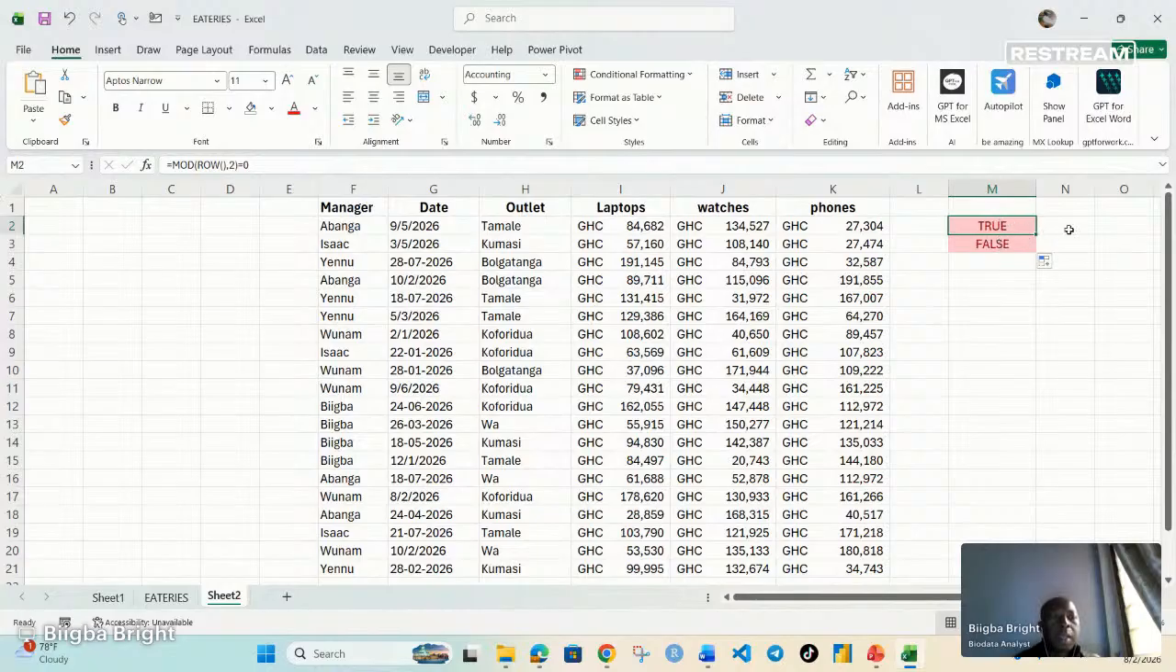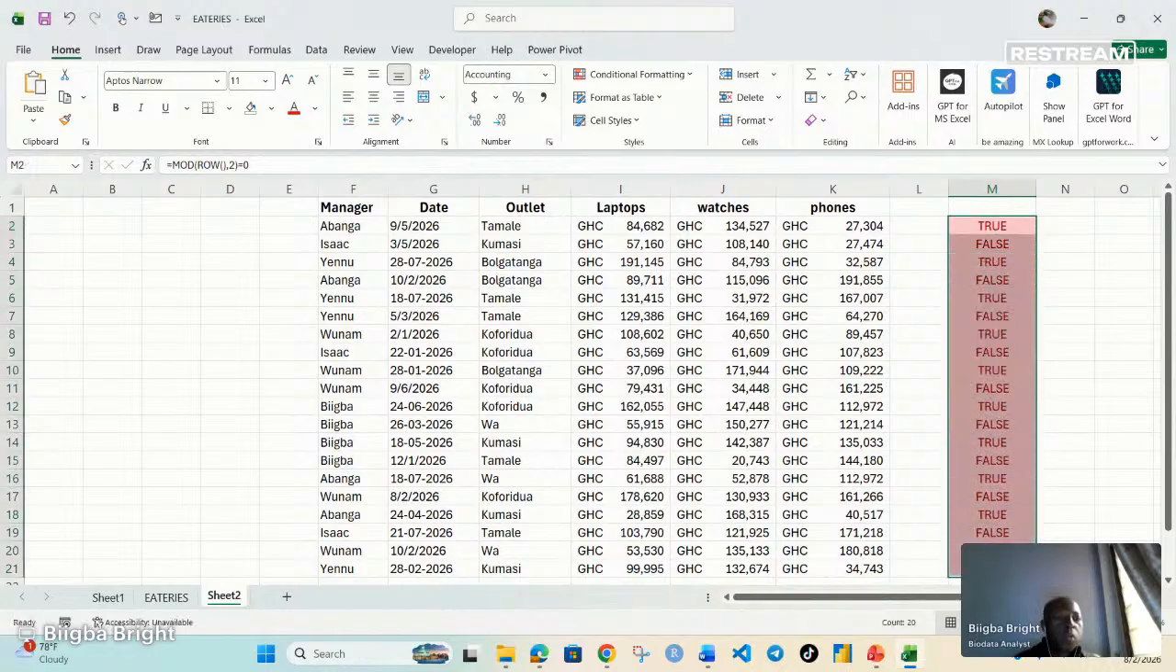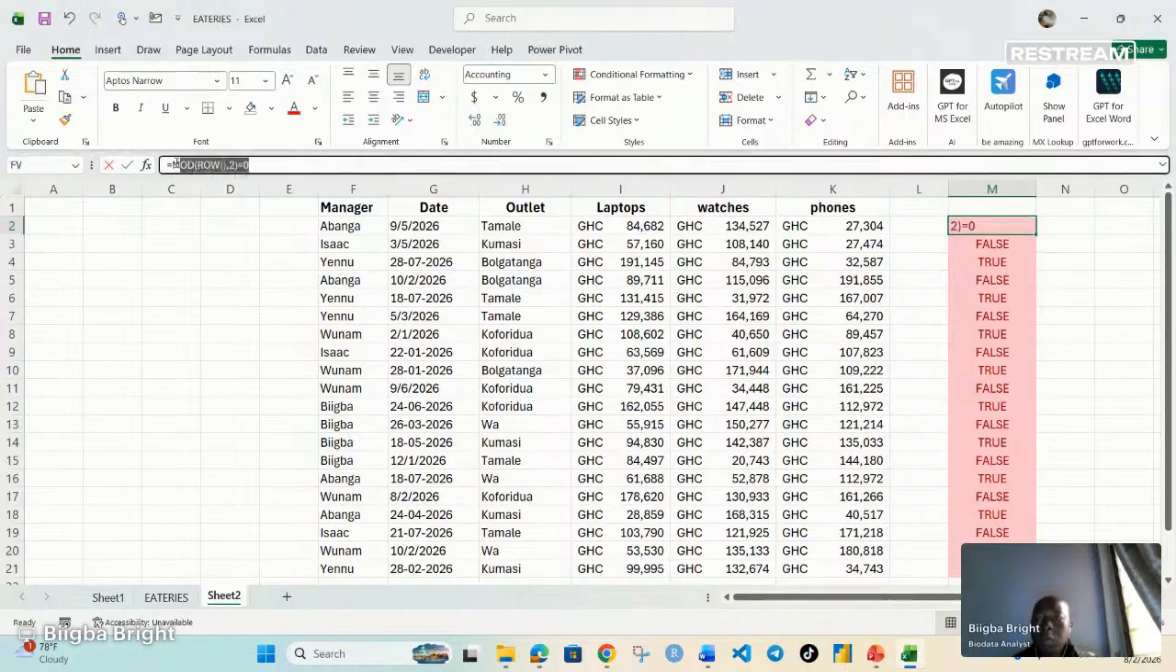If I come here and do this, you will see true, false, true, false, true, false. So wherever there is true, then the function will be applied and it will highlight everything, all right? Other than that, it will not highlight it. This is how we are able to select individual columns, rules, and then leave the other ones out. Now that the formula is working, I'll copy this particular formula here,